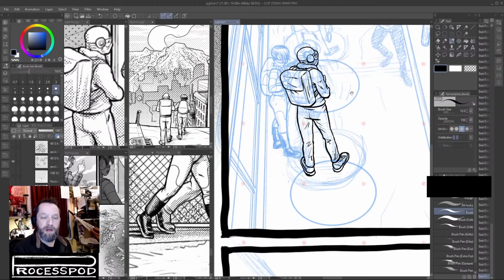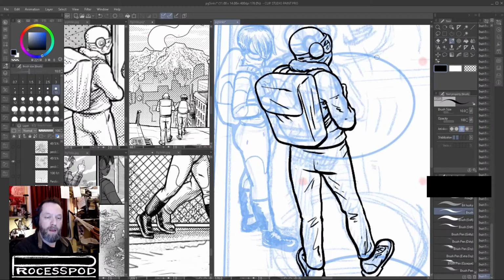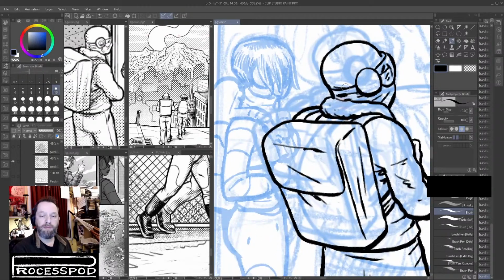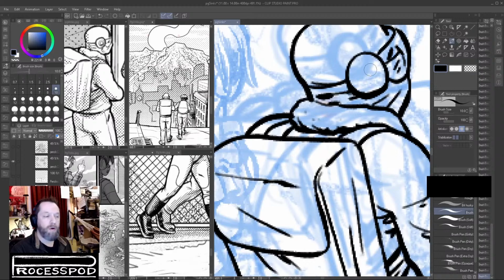Much better, much better. So I'm going to do a little hint of rings and wheels. Not really fully detailed at all, but